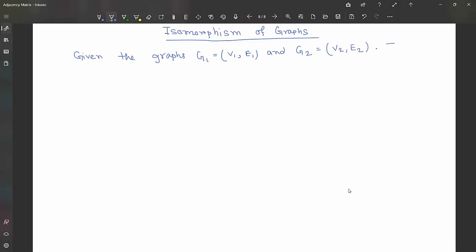Then G1 is isomorphic to G2, denoted G1 ≅ G2, if there exists a one-one